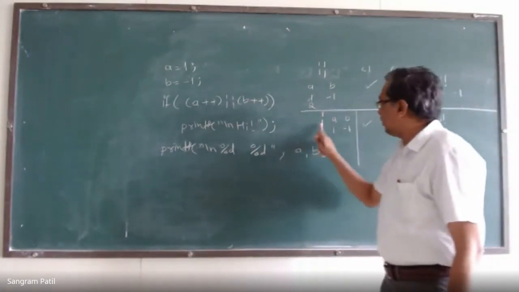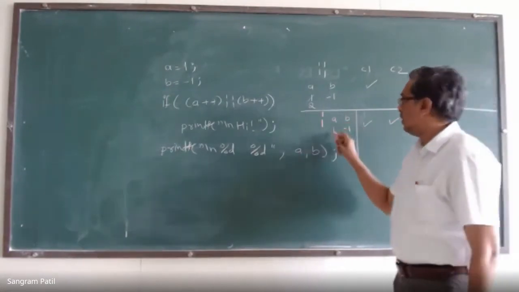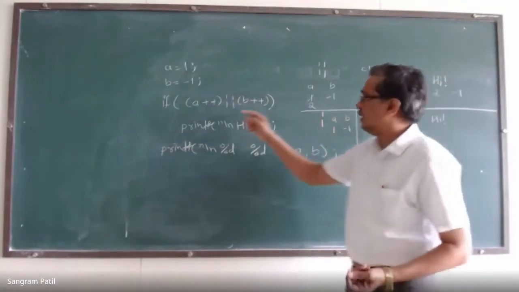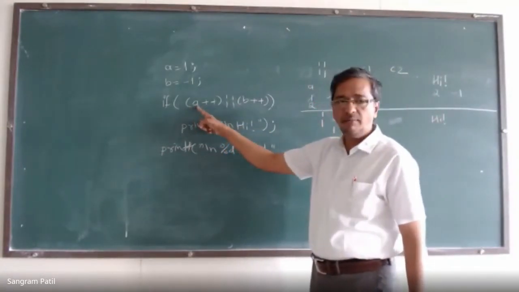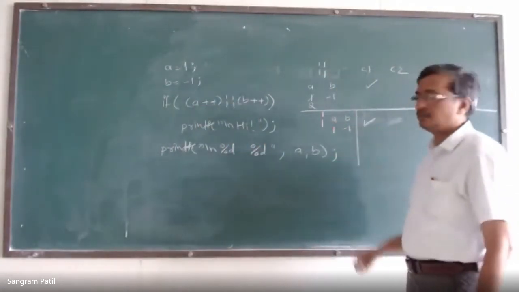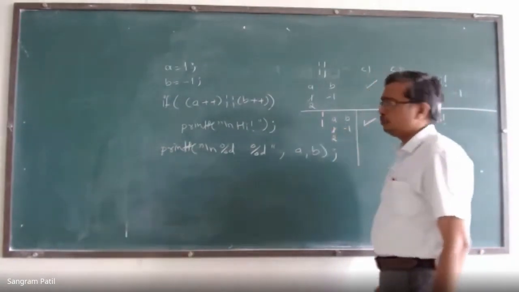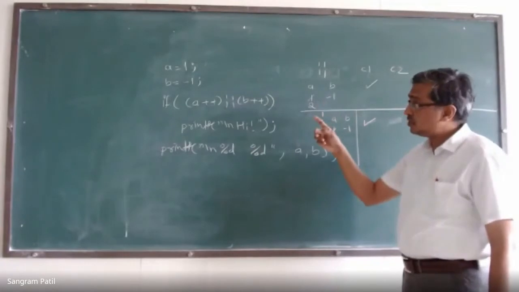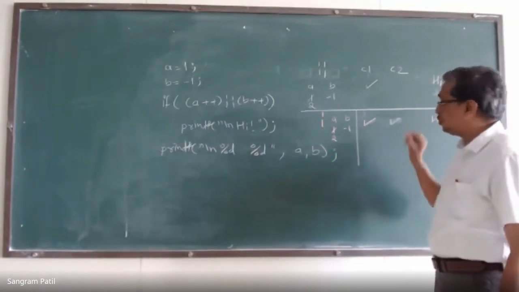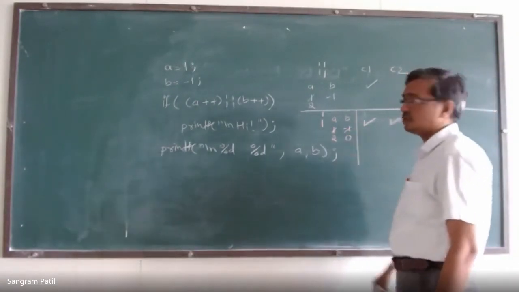Instead of double vertical bar, if we use single vertical bar, which is a logical OR, A is 1, B is -1, it will check condition A. First condition is A, that is A is non-zero. Yes, condition 1 is satisfied. It will increment value of A, value of A becomes 2. Then it will check second condition, B plus plus, that is B. B is non-zero. Yes, condition 2 is satisfied. It increments value of B, value of B becomes 0.